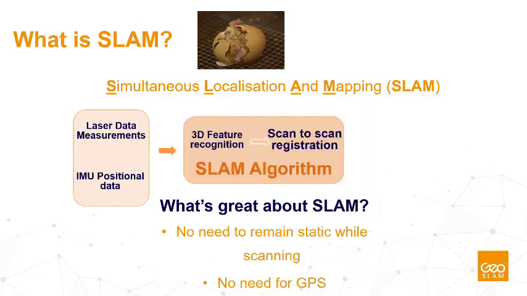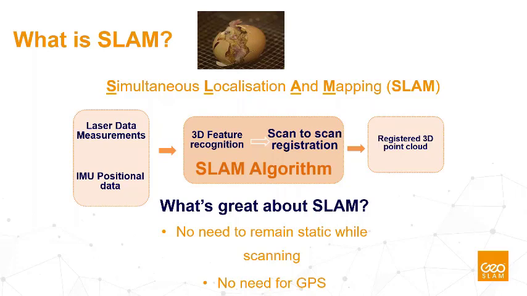Just a few words about what SLAM is, and this should not be a scientific discussion about SLAM, but what this abbreviation stands for: simultaneous localization and mapping. That's basically like solving a chicken and egg problem, because while you change your position, your environment around you is also changing, and so you need to evaluate both of these pieces of information. First, the environment around you with the changing position.